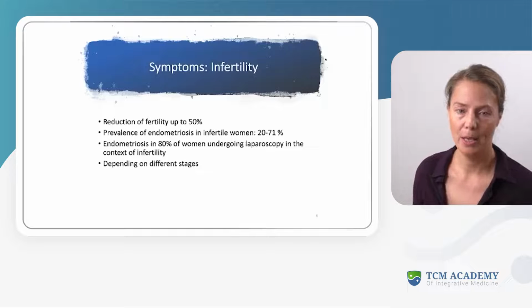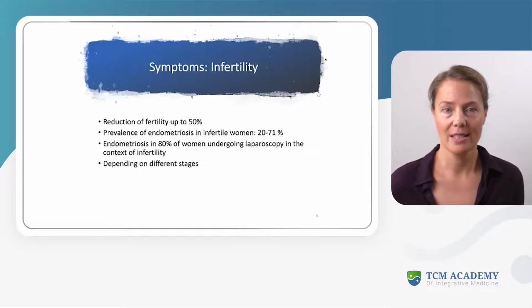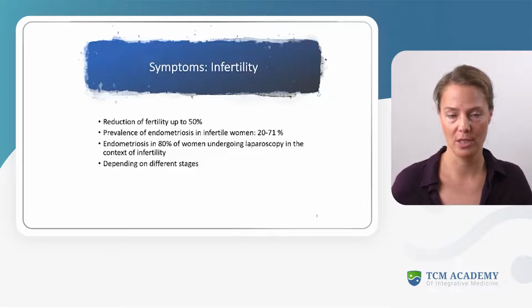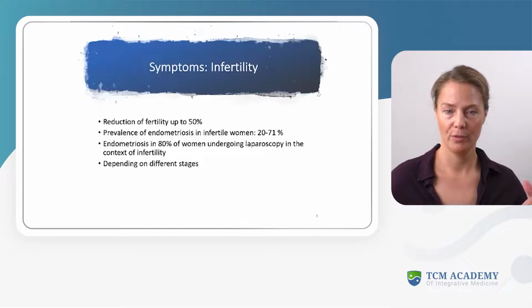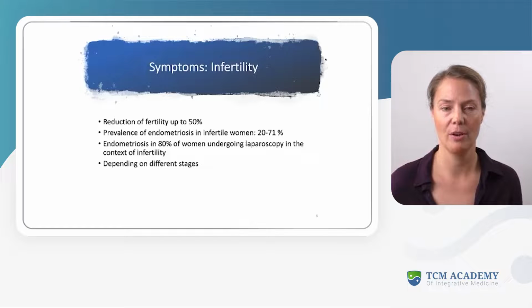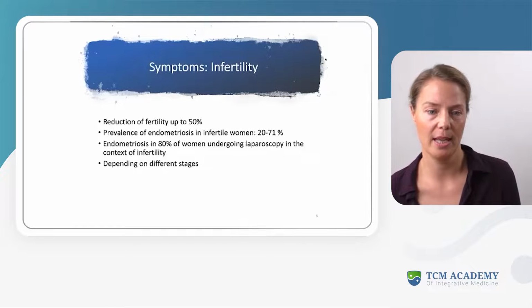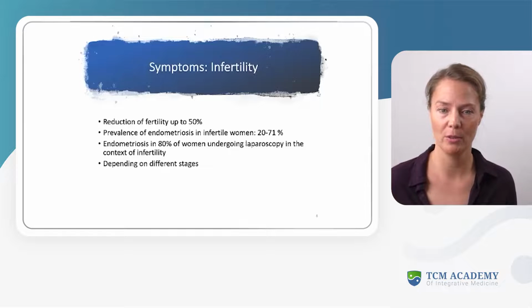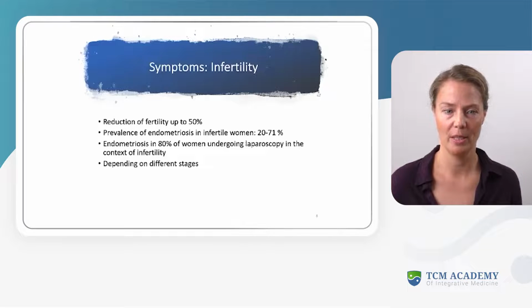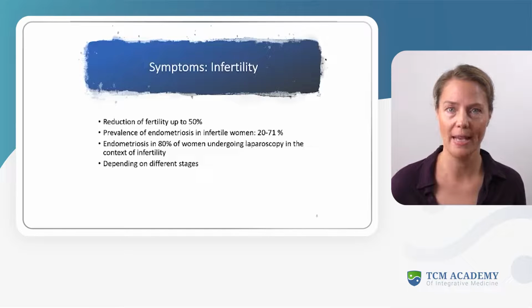The second huge problem caused by endometriosis is the reduction of fertility. This reduction of fertility is up to 50%. In the group of infertile women, the prevalence of diagnosed endometriosis is even higher. It's 20 to 71%, depending on different sources. One study showed that endometriosis has been found in 80% of women who were undergoing a laparoscopy in the context of infertility. So this is something you should keep in mind as practitioners, because as we will hear later on,